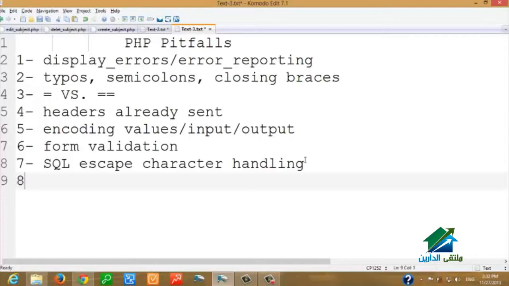And the last one is badly crafted SQL. So this is some of the PHP pitfalls that we need to know before we try to write our code,